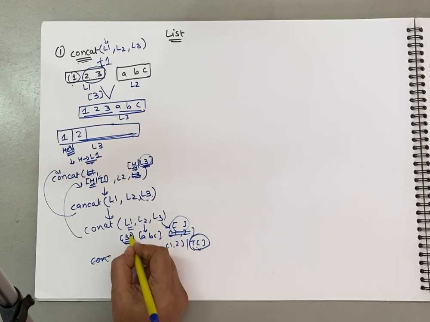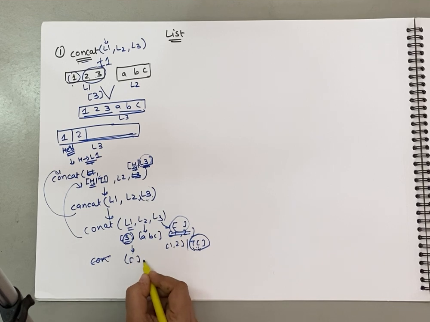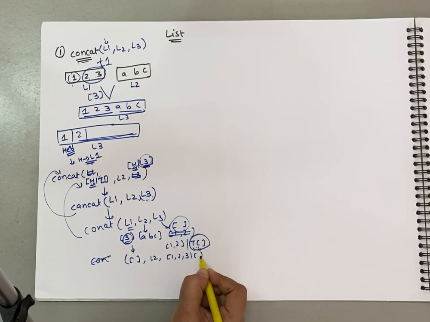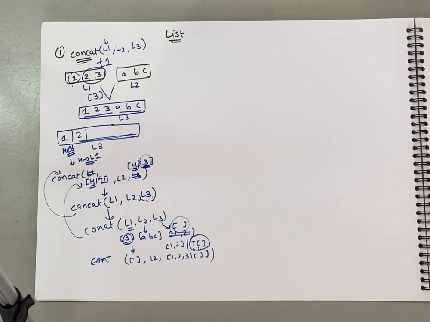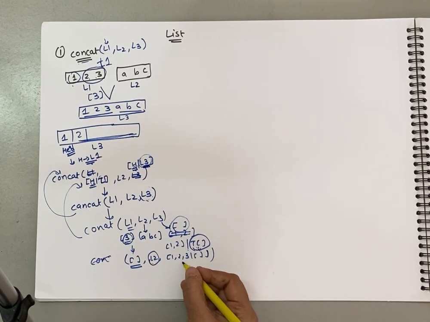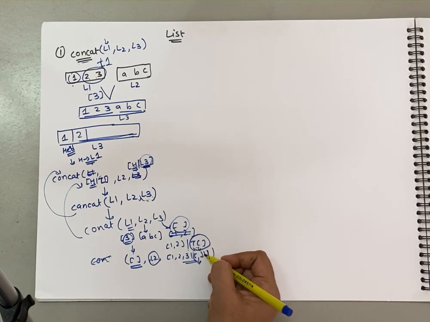So what will happen now? In concat, the 3, that is the head element, will be copied. L1 will contain an empty list, L2 will be as it is, and L3 will contain 1, 2, 3, and then the tail, which contains nothing right now, that you need to copy further. Okay, so that is the next call. Now see, this is the terminating condition. Whenever you reach this condition, what do you have to do? L1 has no element to be copied. In that case, the entire L2 should be copied over here in L3. Are you getting this? Yes or no? So the entire element should have been copied into the list that you require.